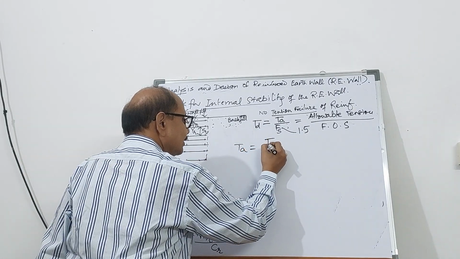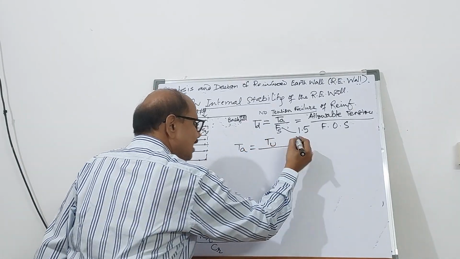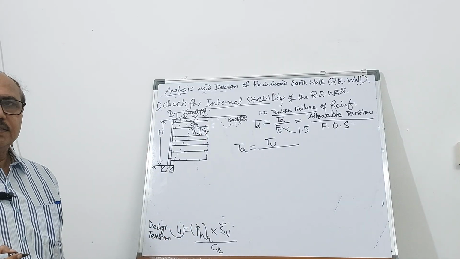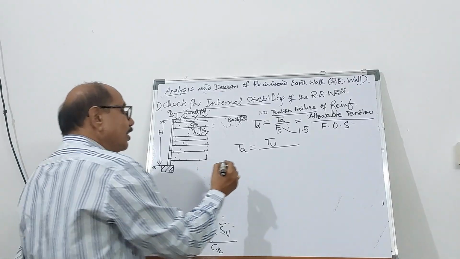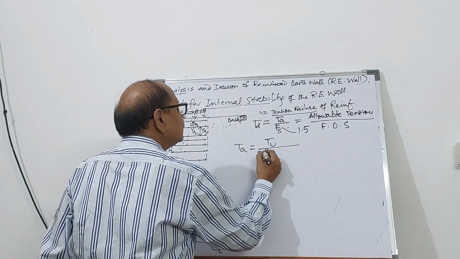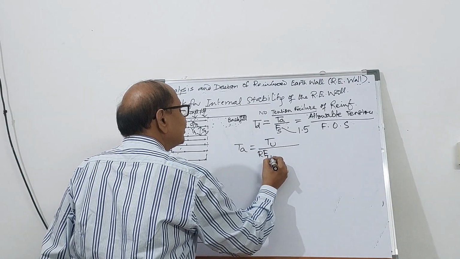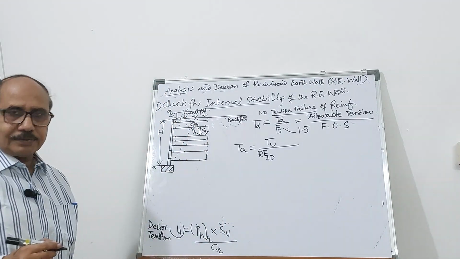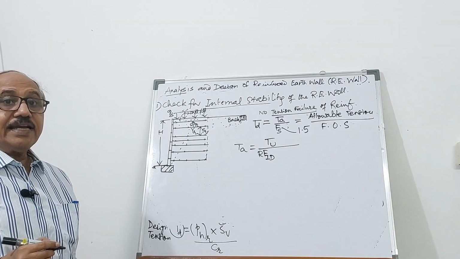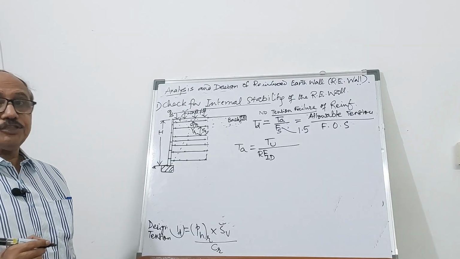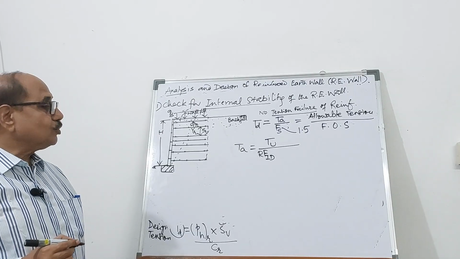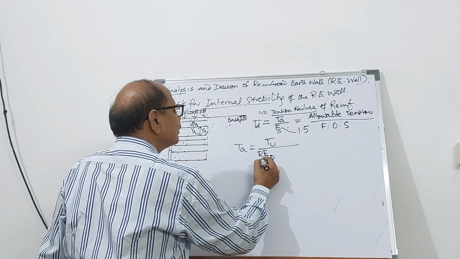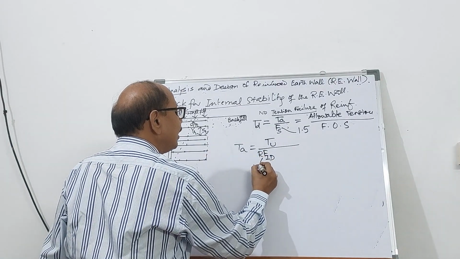This will be the ultimate tensile strength divided by reduction factor for installation damage during the installation of the geosynthetic products. It may get damaged during installation. So you will have to give a reduction factor, which is usually 1.5